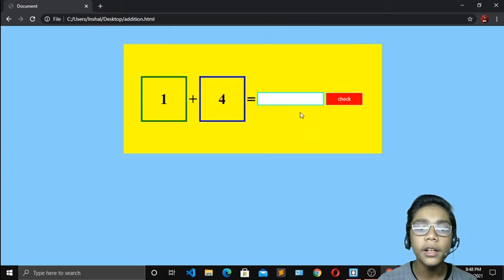So I hope you understand how to build one addition game project in JavaScript, and I hope you also enjoyed this project like you're enjoying my previous projects of JavaScript. So just practice all the projects we are working with, and I hope you will be a good programmer of JavaScript also, like you are of Python and HTML and CSS.